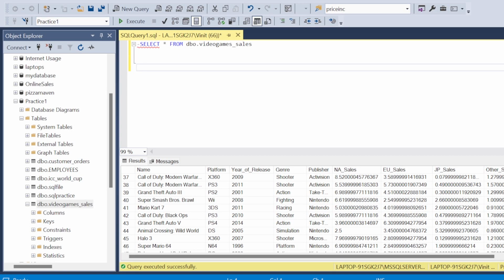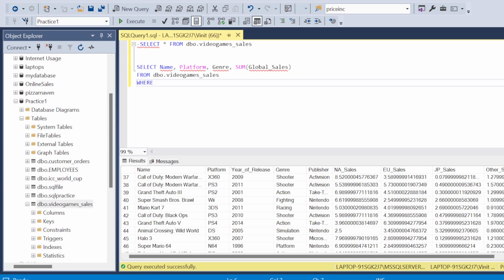All right, so we have our data ready over here, and now what I'm going to do is filter for all the games which have the word assassins. Okay, and I want to see the year of release, the genre, and the global sales. So I'm just going to type the query real quick. Select name, then you have the platform, you have the genre, and you have sum of global sales from the table name